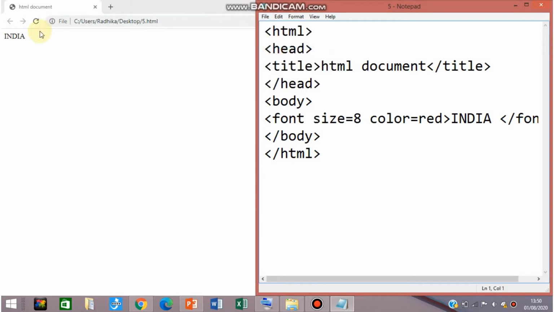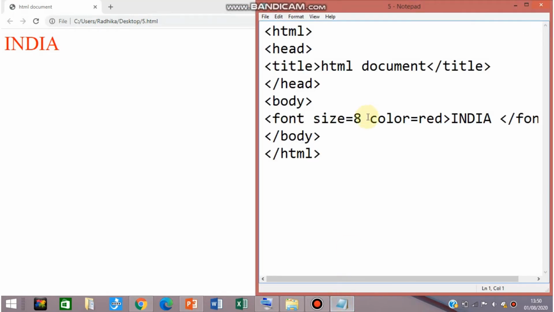After saving it, refresh this HTML document and you can see that the color of the text has changed to red and the font size was 8, so our text size has been increased. Okay, fine. In this way you can use the font tag to change the size of the text and to add color to the text.